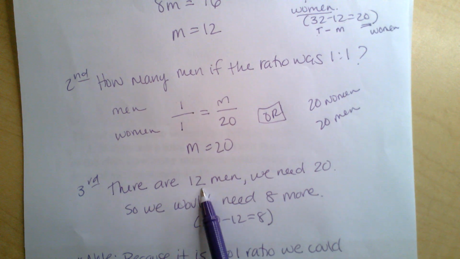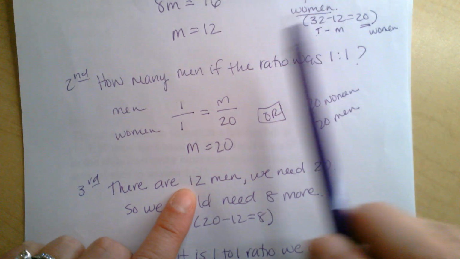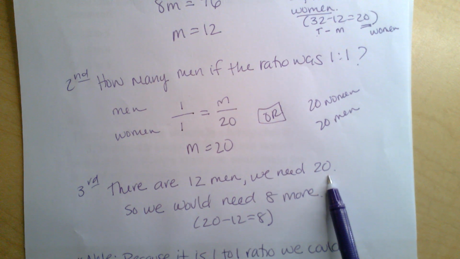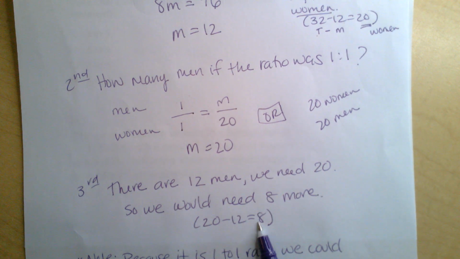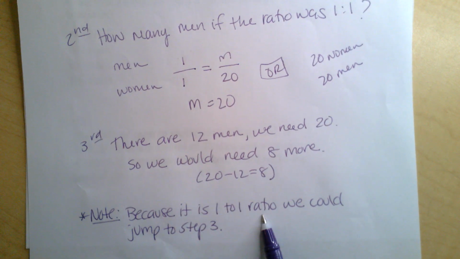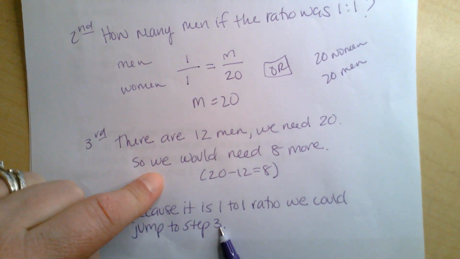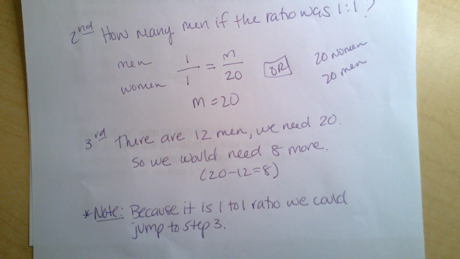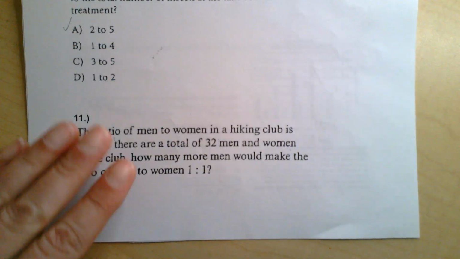All right, there are 12 men right now. That's what we found back up here, 12 men. How many do we need? We need 20. So how many more? We would need 20 minus 12, which is 8 more. So because it's 1-to-1, we could have just jumped from here to here and just subtracted 20 minus 12. Either way you want to think about it, there's many different ways to think about each one of these problems. I'm only showing you a couple of those ways, so if you have another way of thinking about it, that's absolutely fine. Okay, let's move on